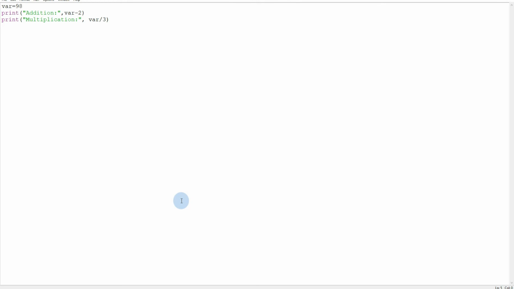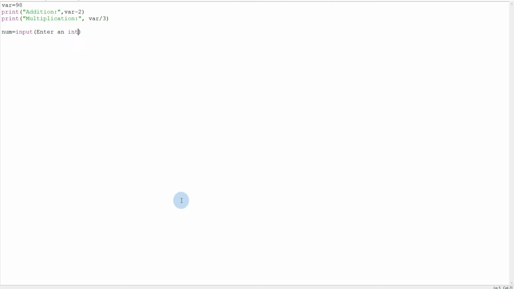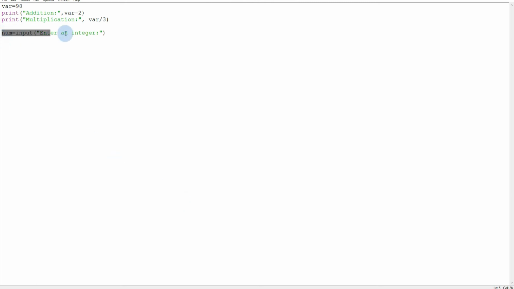Moving on to decision making, let's take an input from the user. How you can take input from the user we will be seeing now. As you guys can see, this is the syntax of taking an input from the user.